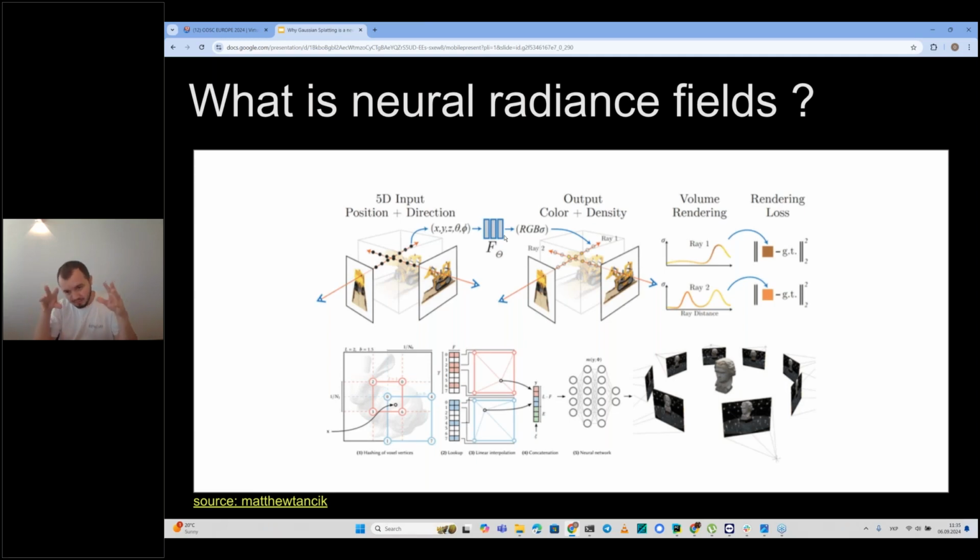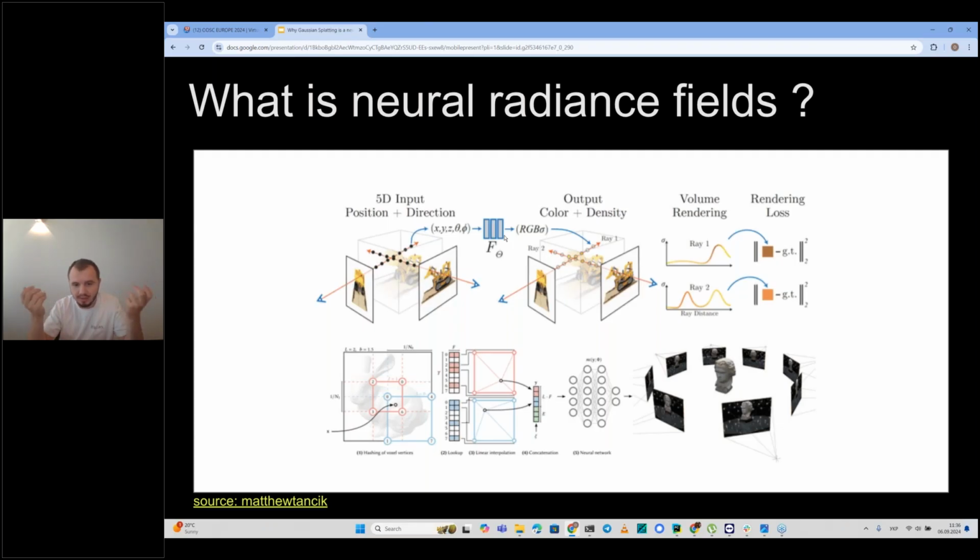So if we have a consistent set of viewpoints from real 3D space, and we know which projected pixel is, and we know colors of each of projected pixels, we can transform these pixels as a result of ray projection, train a neural network that takes X, Y, and Z and view angle inputs and get an RGB and opacity output of this network. Pretty straightforward idea